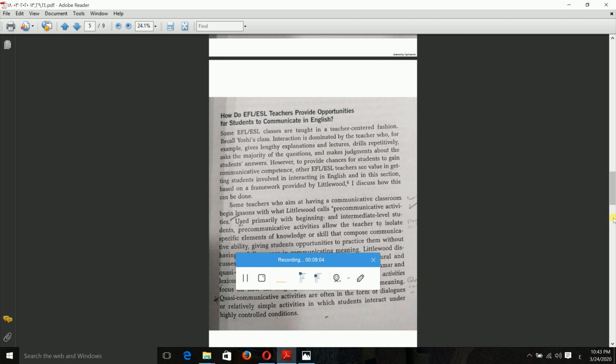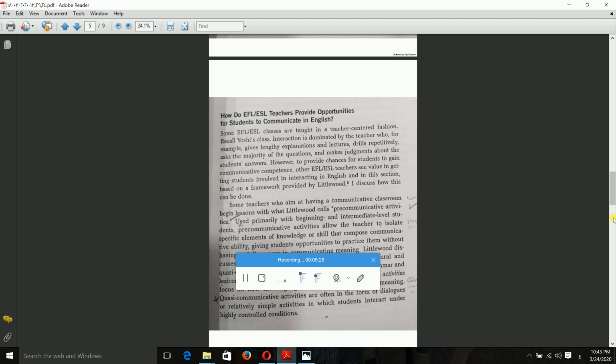Yes, here, my dear students, we are moving here to how do EFL, ESL teachers provide opportunities for students to communicate in English. Okay, what is required from you is